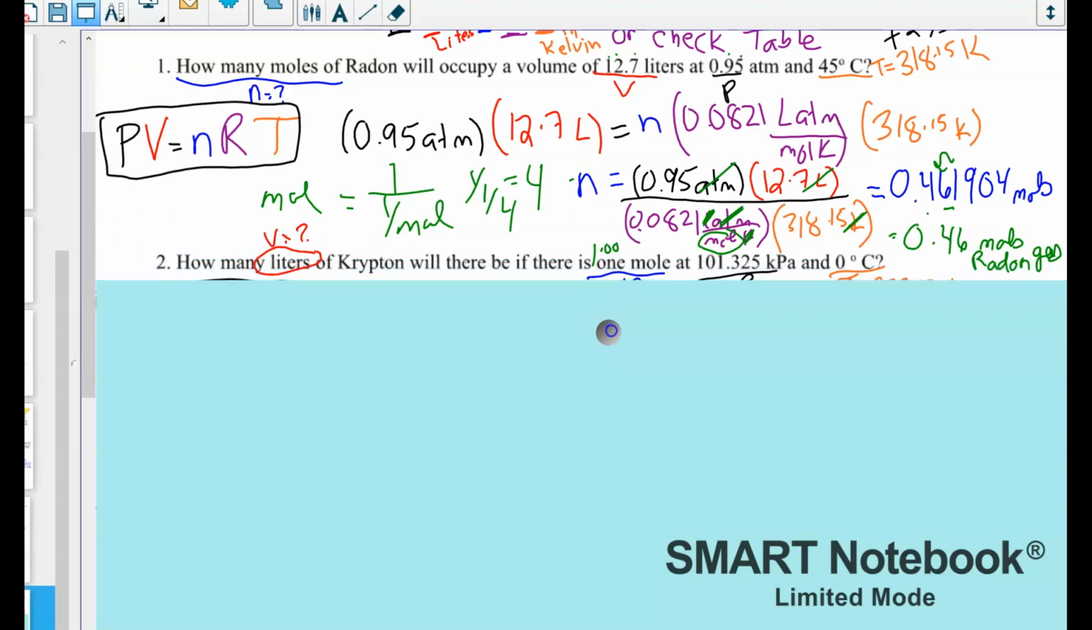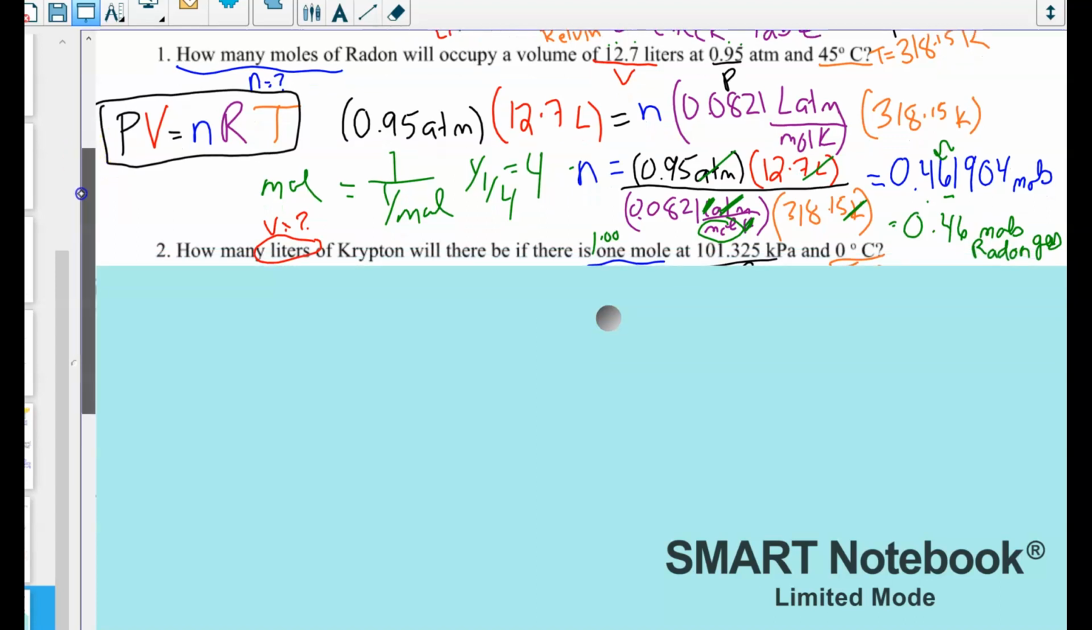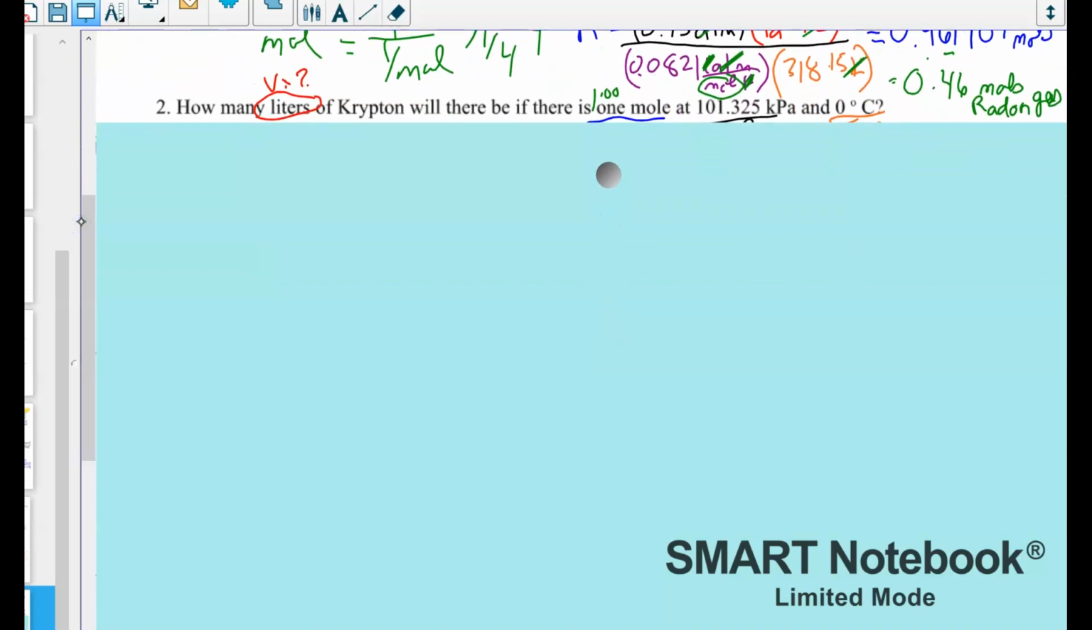Nope. My final answer is 0.46 moles of radon gas. And there you've just done your first ideal gas law problem. Let's take number 2. How many liters, so volume is question mark, of krypton will there be if there